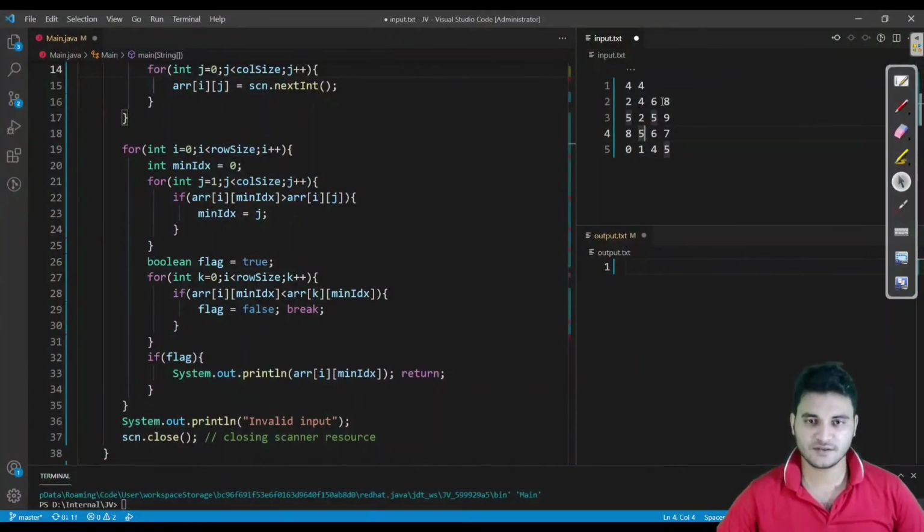If you can see, 5 is minimum in its row, and 5 is also maximum in its column. So we should be able to get 5 as the output. Let us replace this with 9 so that we can be sure we have only one 5 in the complete matrix. We'll replace this 5 also with 9. Fine. So we should be able to get 5 as the output.